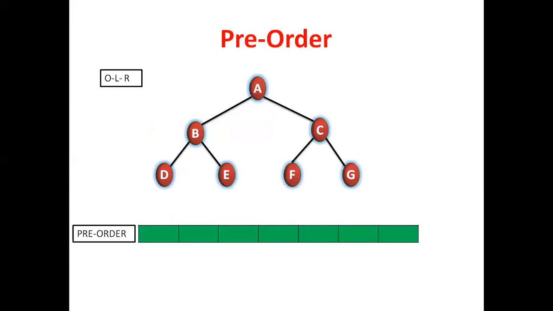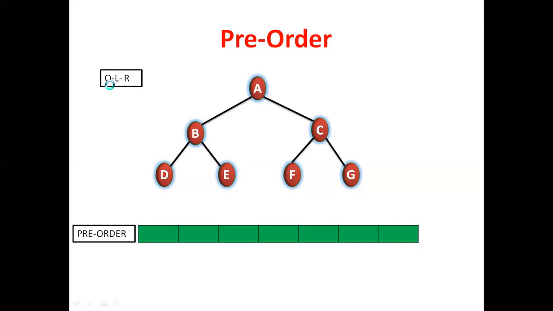Now this is our binary tree. By using pre-order, how do we visit all the nodes? The formula is root, then left and right subtree, OLR. Let us see how many nodes there are here. There are 7 nodes, and I am taking indexes 0 to 6. Now see what order we will display. Every tree traversal starts from the root node. Here the root node is A, so I want to start from A.